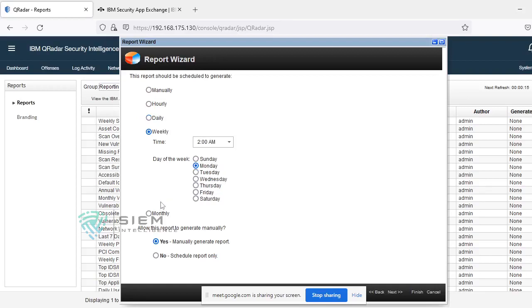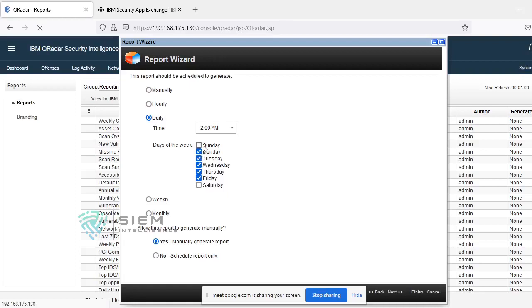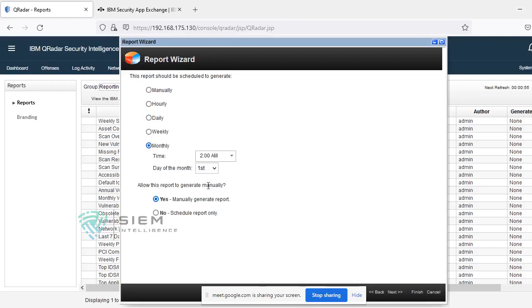And if you are going for weekly, on which day? Monday and Tuesday and all, at what time? So here it is every Monday, every Tuesday. You can also schedule at a specific time in daily, and you can also go for monthly.